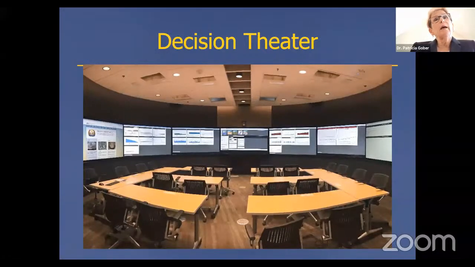We show our decision model with all of the policy levers and all of the outcomes in a decision theater, where we can bring stakeholders and decision makers, stakeholders and scientists together to create new scenarios that decision makers may be more interested in, in the hopes of integrating the kind of science that we produce